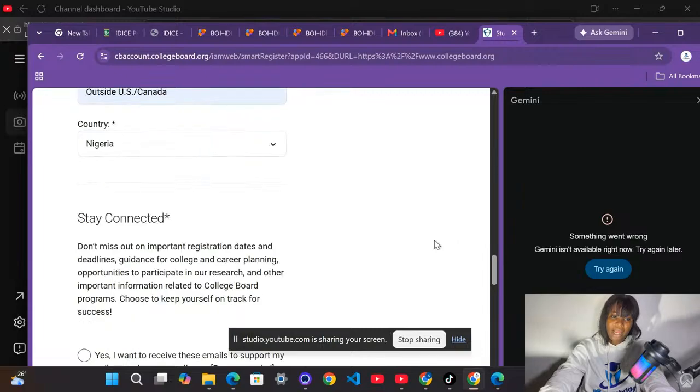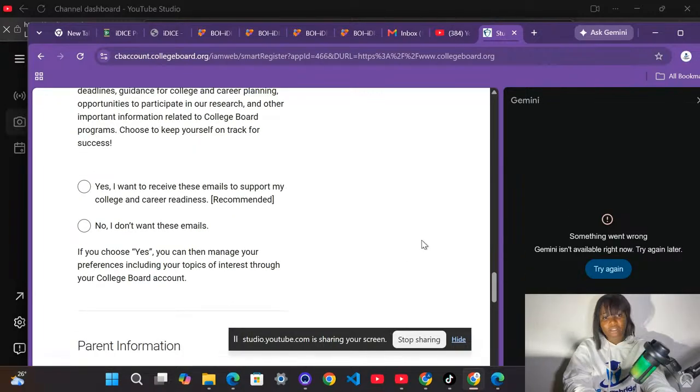So after all this, you're going to click if you want to receive emails to support your college and career readiness. And if you don't want this, then you have to click no. If you want your parents to be informed about your college application, you can fill in your parents' names here, their first name, last name, email address, and they'll be copied an email. Whatever is happening on your College Board account, they'll be notified about it. After you're done filling all this, you're going to click on I agree with the legal terms of